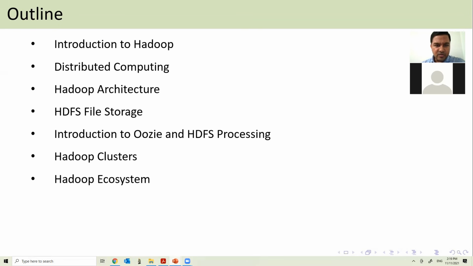Today we will go forward with how the big data world handles terabytes and petabytes of data, what a traditional system cannot do, and then go through distributed computing, why distributed computing was there even before big data came, and then some on Hadoop architecture, Hadoop File Storage System, HDFS, HDFS processing, Hadoop cluster, and Hadoop ecosystem.